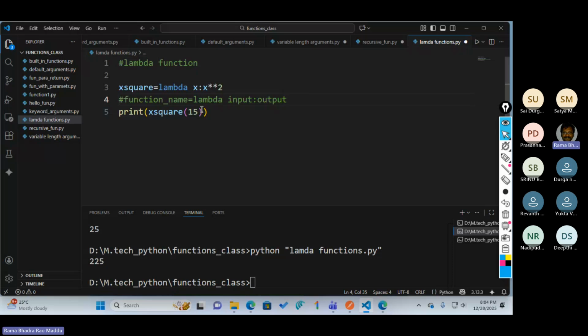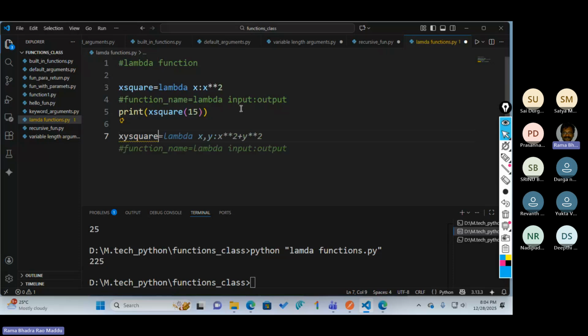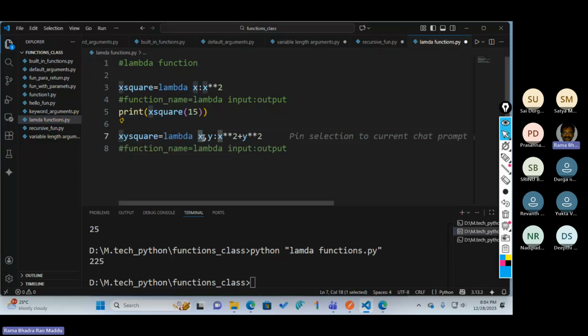For example, if you want to give one or more arguments, is it possible in Python or not? With lambda, if you want to pass two different arguments, you can pass them using a comma separator. For example, you want x y, so you pass two arguments, x comma y, two inputs. These two are input parameters, and this is the response.